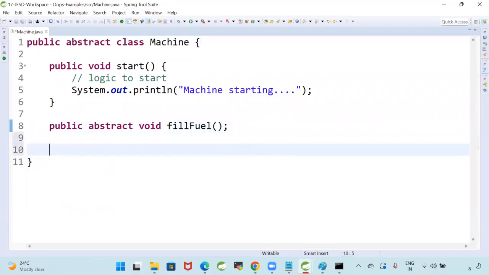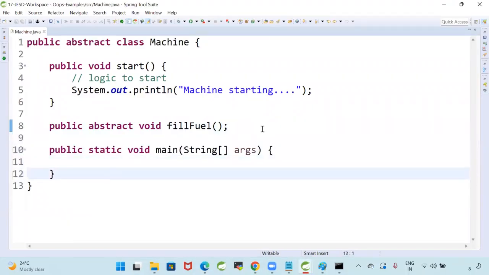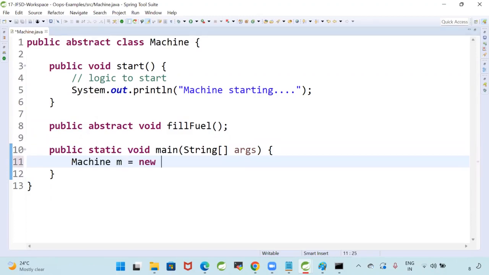When to go for an abstract class? Come on, guys. I am developing some functionality. I know the logic for one method, but I don't know the logic for another method. Then I will go for an abstract class. Whoever extends properties from my class needs to override my abstract method. Subclasses should